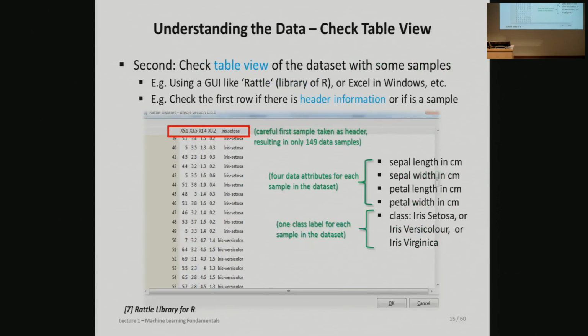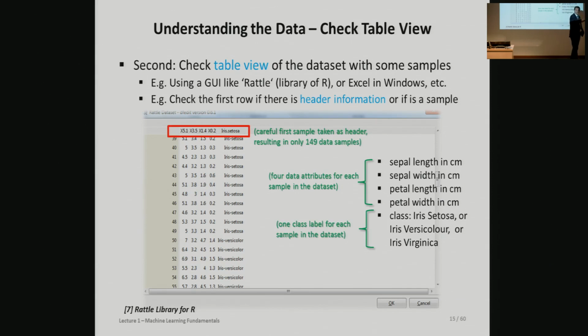Now when you look at how you work in practice, then you would basically read it in, for instance, in Riedel. That's what many of my students do. And there are some pitfalls. Here you see, for instance, just an example for you. When you go into practice, the header is sometimes considered to be special, right? Sometimes considered to indicate what the column names are. In this example of the iris, that's not the case. However, if you use tools like, I think this here is Riedel, for instance, you get the problem that sometimes the real first sample is already treated as a header.